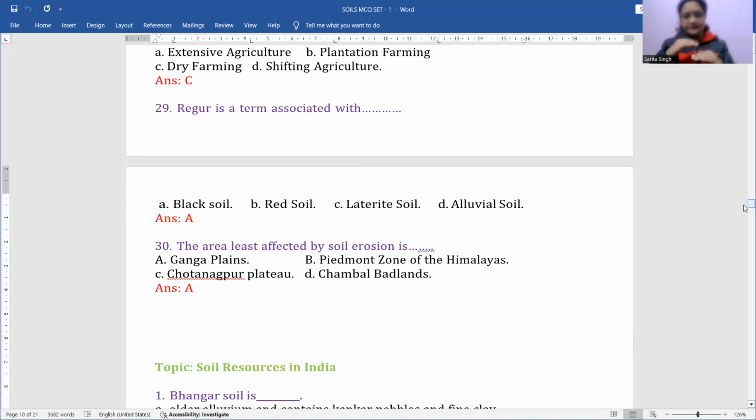तो पीडमोंट जोन ऑफ हिमालयाज में ज्यादा सॉइल इरोजन होता है या गंगा प्लेन्स में या छोटा नागपुर प्लेटू या चंबल बैडलैंड्स. इसमें एक्चुअली गंगा प्लेन्स का एक मेजर पार्ट चंबल बैडलैंड्स भी है, राइट. तो इसमें हम चंबल बैडलैंड्स को माने या गंगा प्लेन्स को, दोनों सही होगा, ठीक है. बेसिकली इट इज चंबल बैडलैंड्स, रवाइंस से अफेक्टेड, गली इरोजन से. ओके. नेक्स्ट क्वेश्चन है बच्चों इसमें